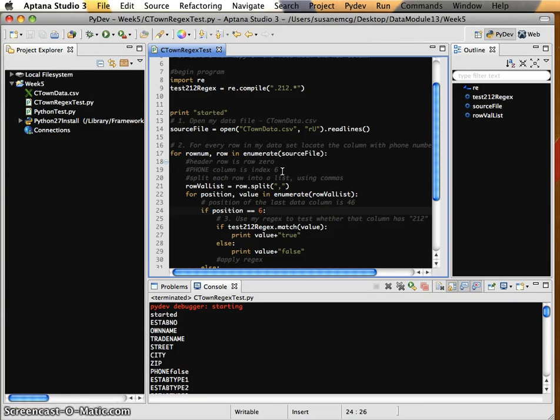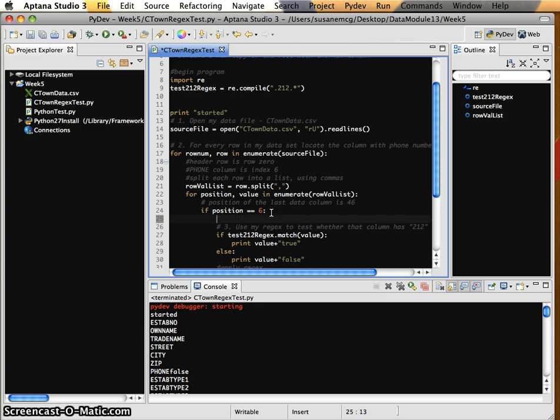If we find that we're in that position, then what we really want to do is add a new column name. There are a couple of different ways I could do this. It's completely stylistic which one you want to do. If I'm in position 6, I still have access to row num, and I can say, okay, if